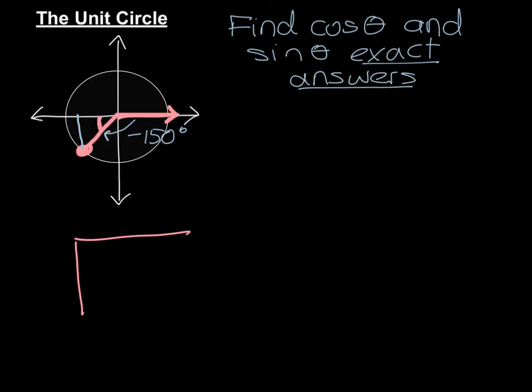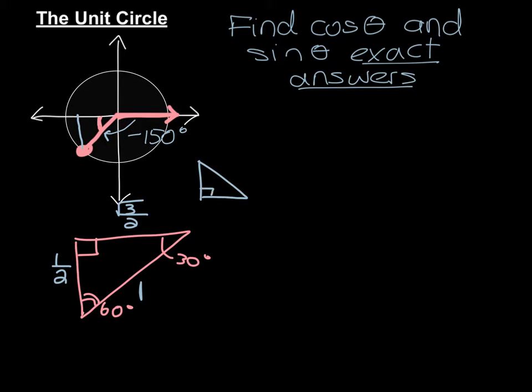So if I pull out this triangle, this is my right angle, this will be my 30-degree angle, which means this angle must be 60 degrees, because the sum of the interior angles of a triangle must equal 180. We know that since this is a unit circle, the radius is 1, so this side is 1 unit long. Using what we know about 30, 60, 90 right triangles, the side across from the 30-degree angle must be 1/2, and the side across from the 60-degree angle must be radical 3/2, because in a